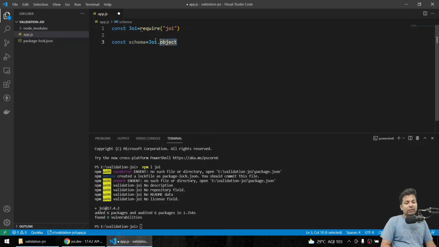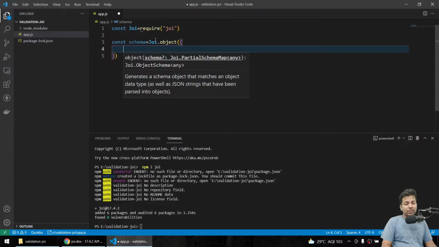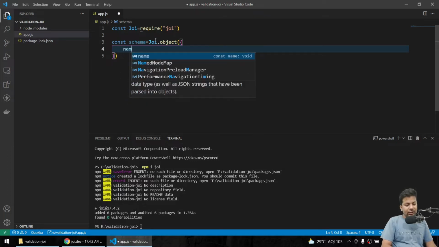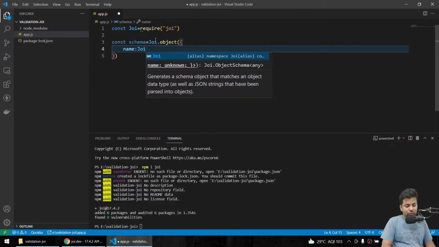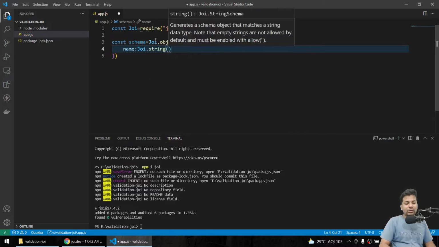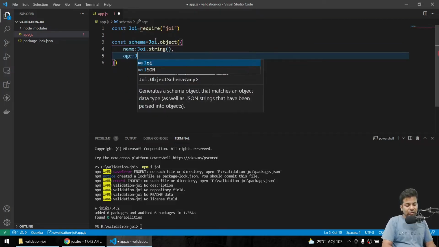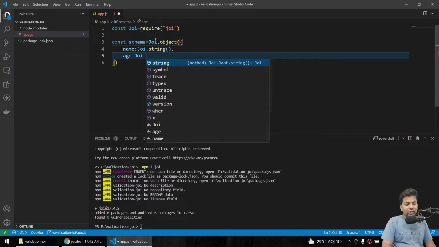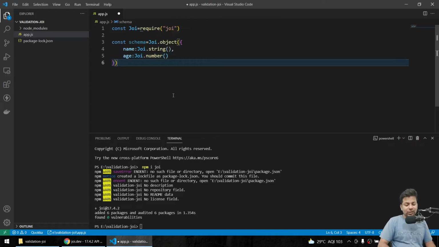We define an object here with curly braces. Then we'll say we'll be receiving a name. The name should be a string, so we'll say Joi.string. Now we'll put a comma, and we'll be receiving age, which will be Joi.number, because age is a number. Okay, it's normal, nothing but a schema.